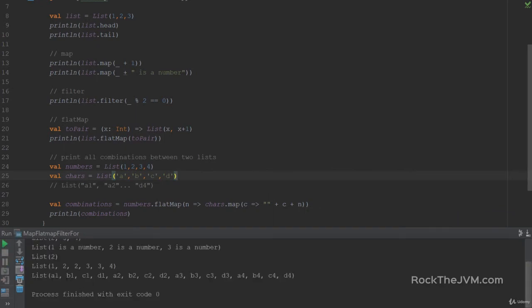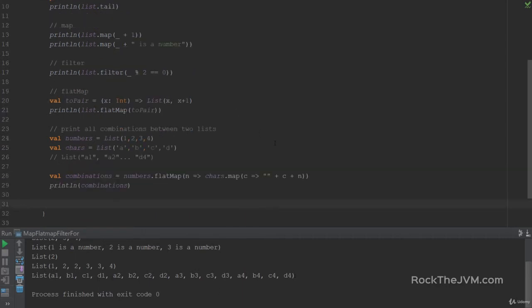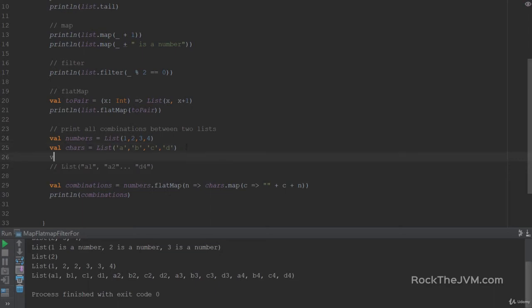So of course we print all the possible combinations, A1, B1, C1, D1, all the way to D4. So this is how you would transform loops in more conventional languages into functional code. So if you have 2 loops, you would do a map and a flatMap. If you had 3 loops, for example, if I had colors, which is a list of, say, black and white,